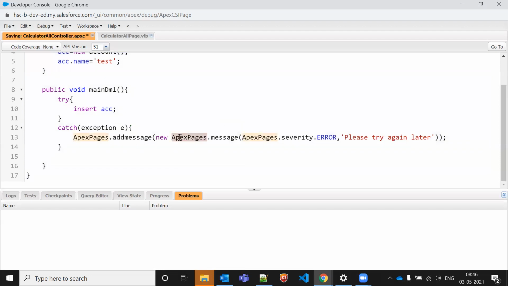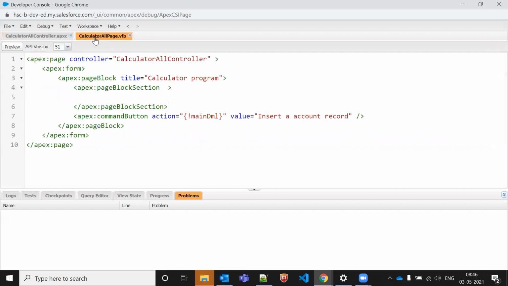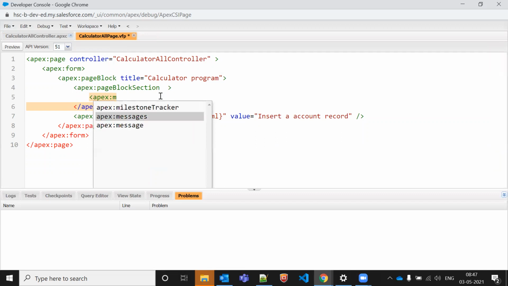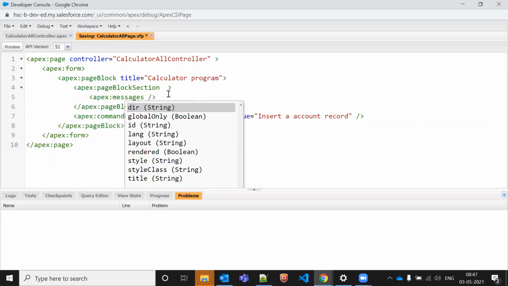Now what we are doing is making a try catch. If some issue occurs here, it will go to the catch. If something is received in the catch, we are saying please try again later. To display the error message, we can add the Apex message, as there are some messages we need to add. Let me save this one.